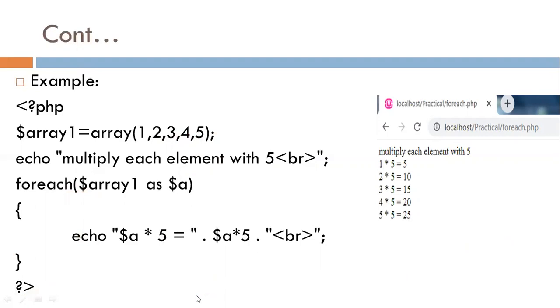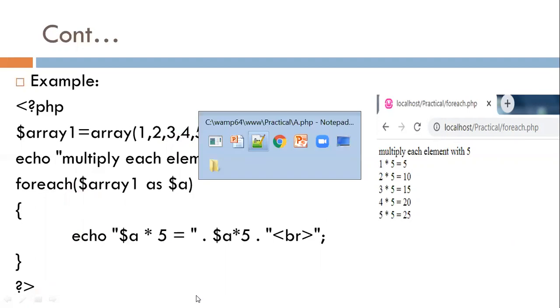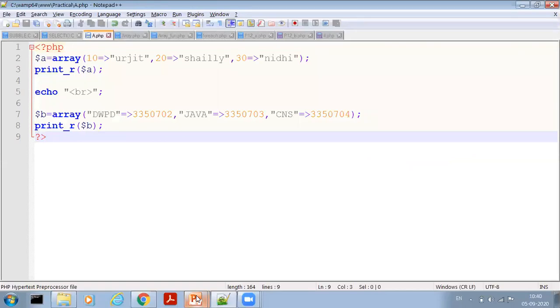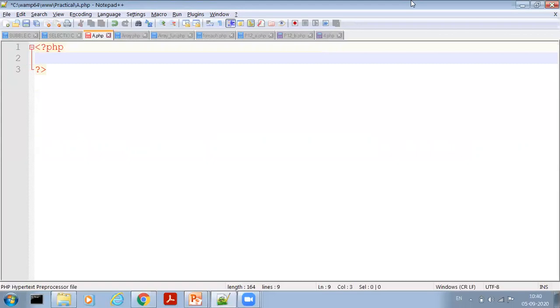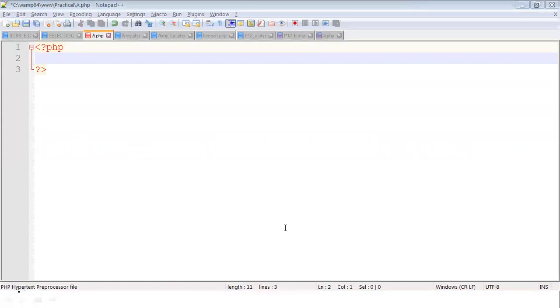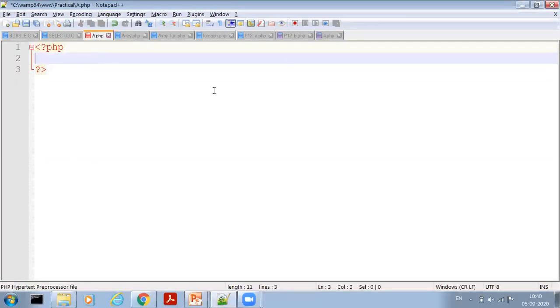Now start with one example of a foreach loop. So again open Notepad++ and here start. Okay.